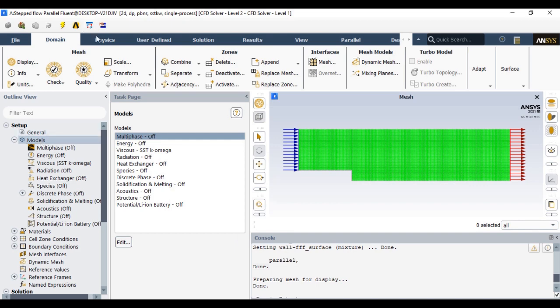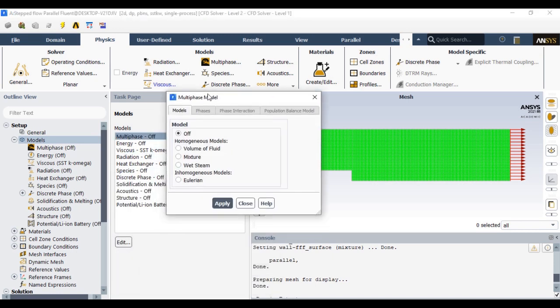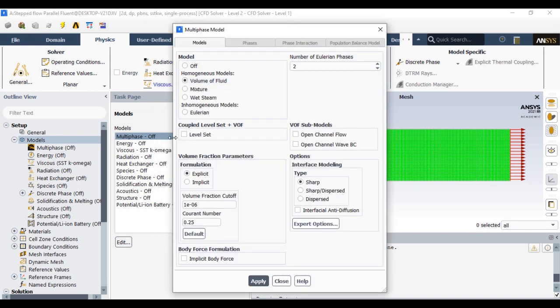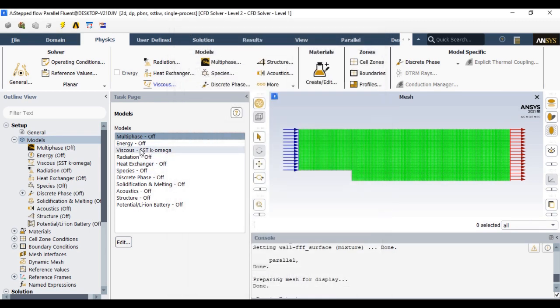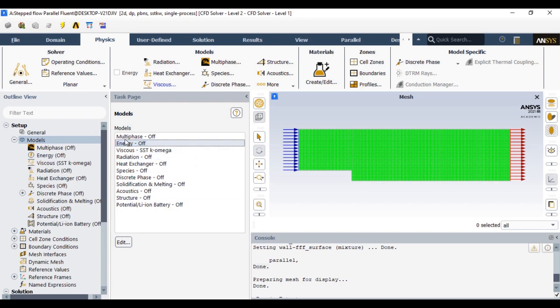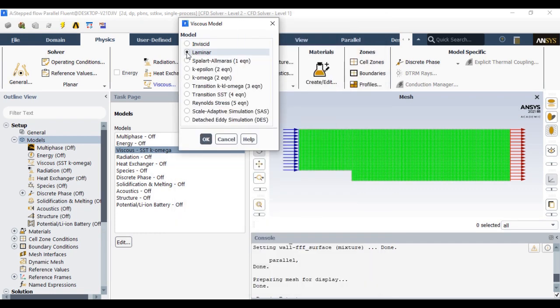Now first of all you should set the physics. Let me introduce that physics one by one. If your problem involves any multiphase action, then you have to choose the multiphase model; we have volume of fluid, mixture, or wet model, likewise. But here simply water will flow, so we are keeping that multiphase model off. If you want to calculate the temperature activity inside your problem, you should enable the energy equation. Now to handle the viscous or turbulent nature, we have this many models available.